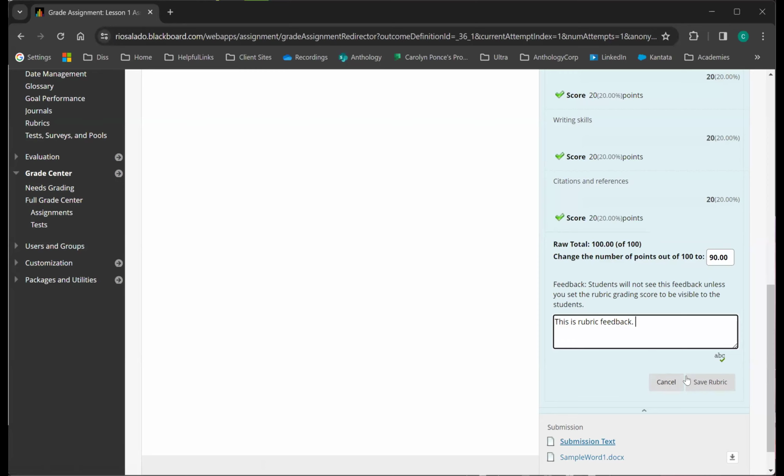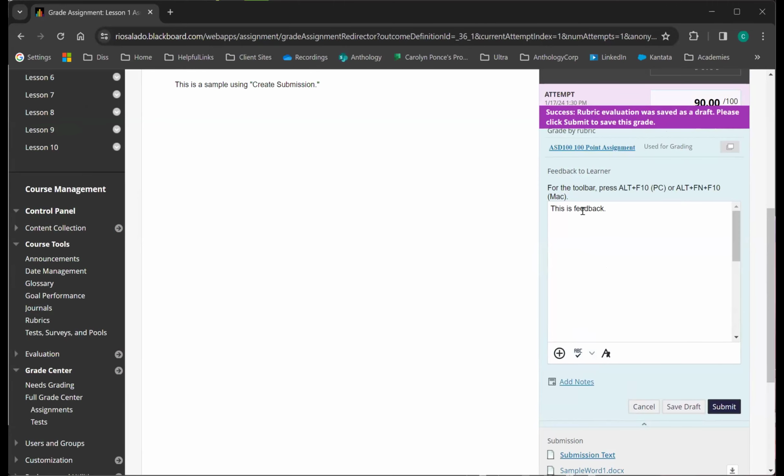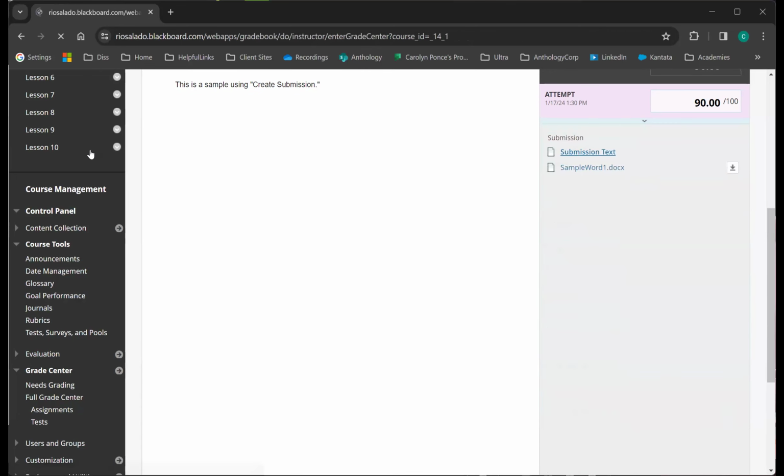I'm going to save that again with that feedback on there. So there's 2 different places to put feedback. So 3 if you include the rubric in its description. So you can use the rubric for grading and show that to students. There's a box for feedback at the bottom of the rubric where instructors can add some. There's also a general feedback on the overall assignment that they can use. So get that all submitted.